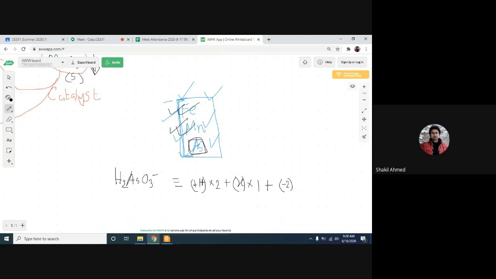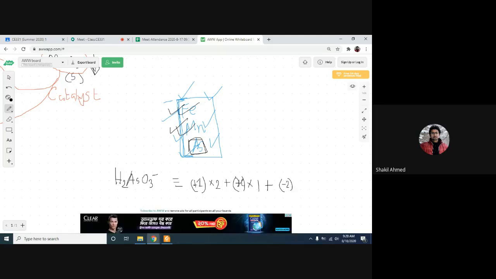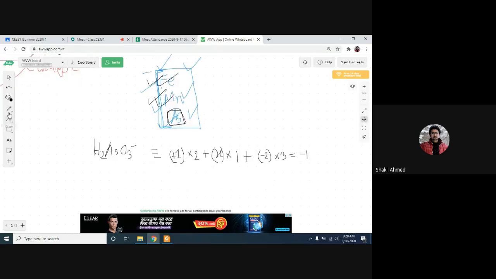We are looking at the valency. What is the valency of hydrogen? Plus 1. Arsenic we don't know. For oxygen it is minus 2, and how many oxygens? 3. So we multiply it by 3, equals minus 1. If you solve it out, you'll get 2 plus x minus 6 equals minus 1. So from here x equals minus 1 plus 4, and you get 3. That means here the valency of arsenic is plus 3 and that's why you are calling it